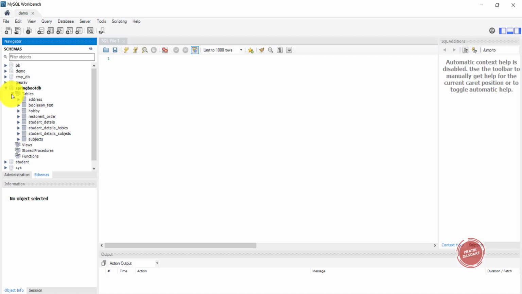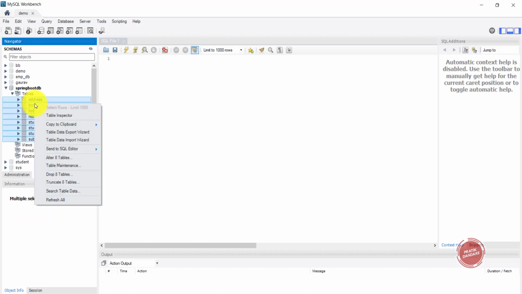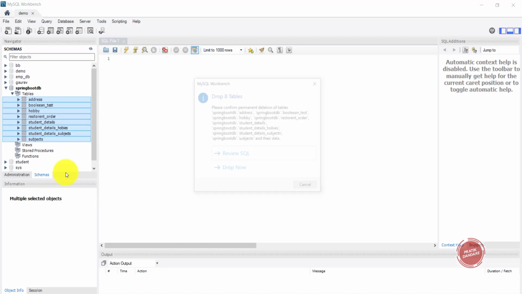Okay, what I can do, I have only one table. This is an old database, and it's not going to remove the older table. So we can do one thing: I can remove that old table and add it once again.